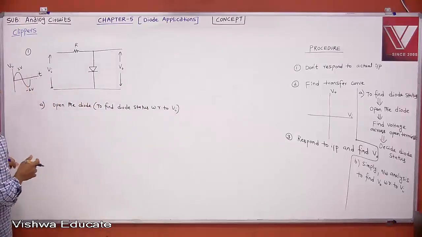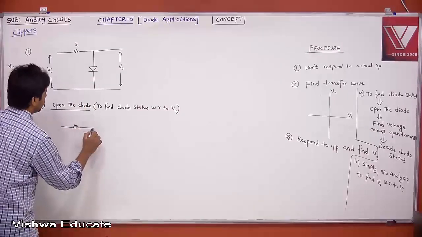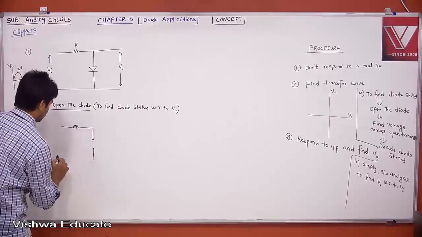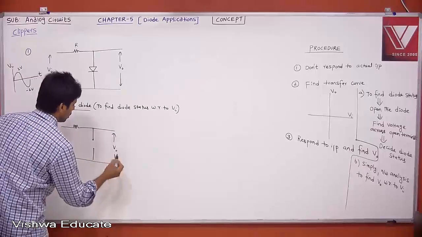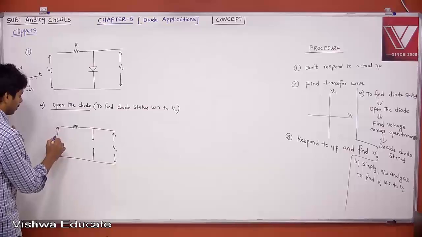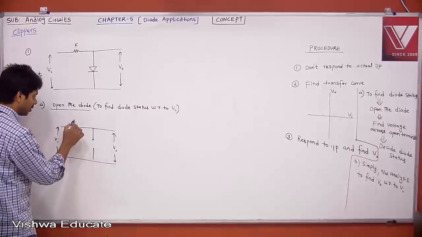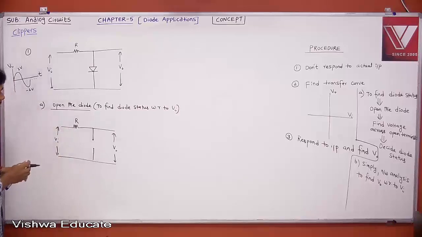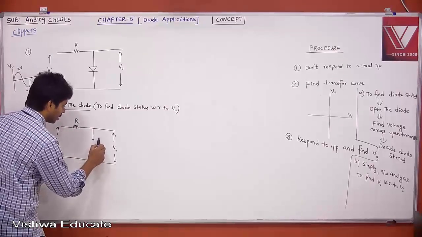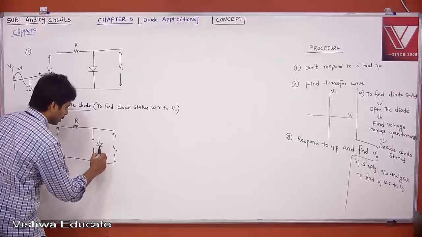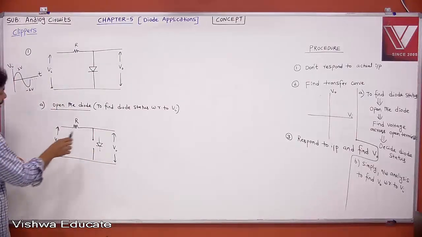Now tell me, if you open the diode, this is your V0. Don't bother about it. This is your Vi. Now we are not finding V0. We are finding the status of the diode. This is R. Now you just don't connect, but your diode is there here. We are not connecting, but the diode is there. Therefore, now tell me, if you open your diode,